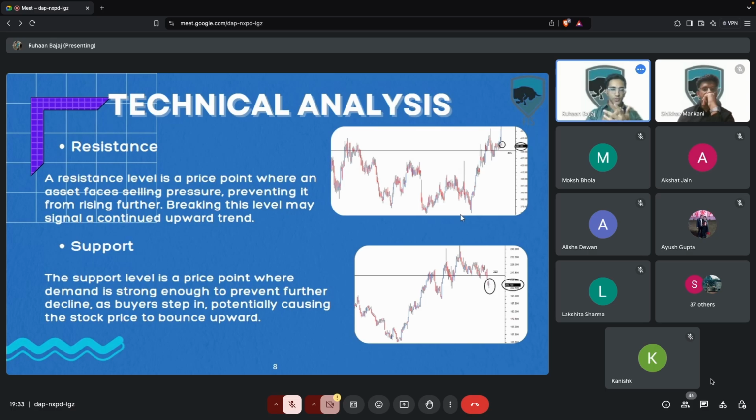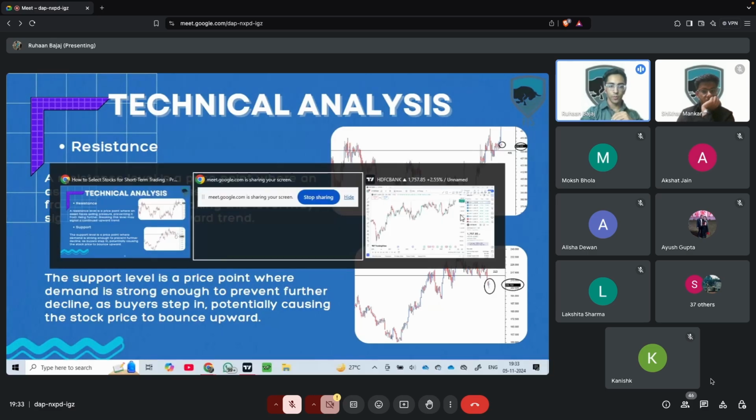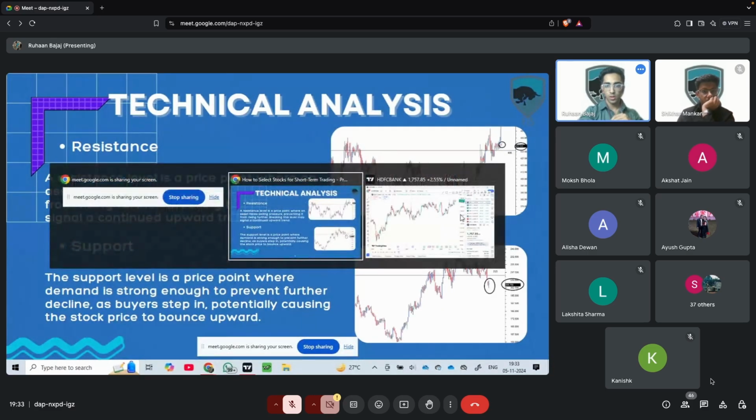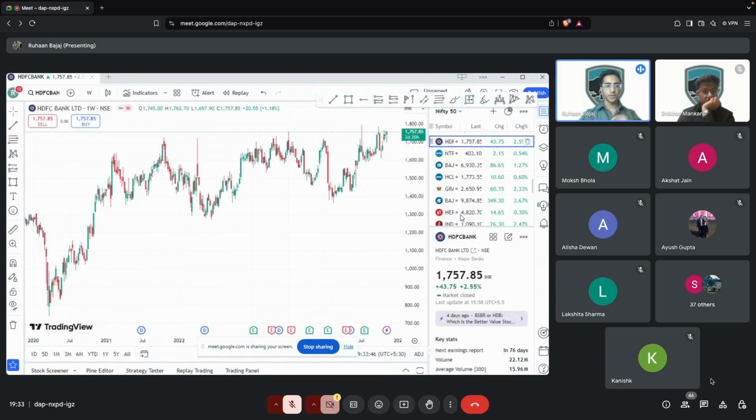And the opposite for support. Support is the price level where the buyers feel that the stock price or the index price is low enough and should be valued higher than what it is currently. Thus, they anticipate price moving upwards and buy, making the price go up. I'll show this with an example